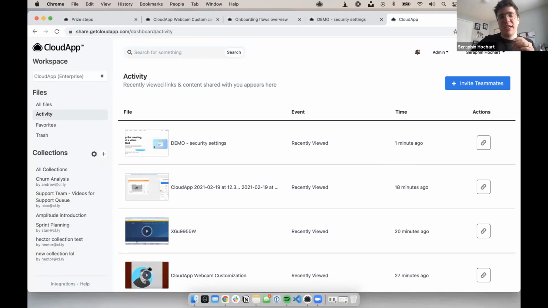Is accessible from your dashboard. So if you share a lot of content, see a lot of different links, sometimes it's hard to find links that you viewed. So we also released this new section on the dashboard, as you can see on the left,